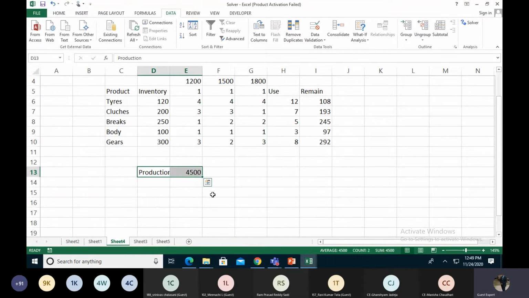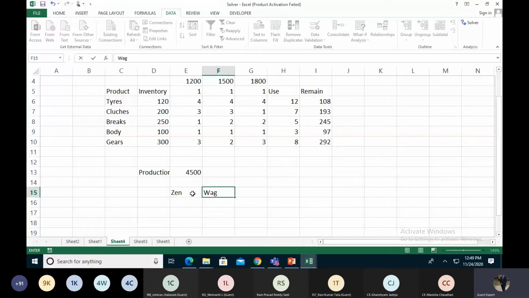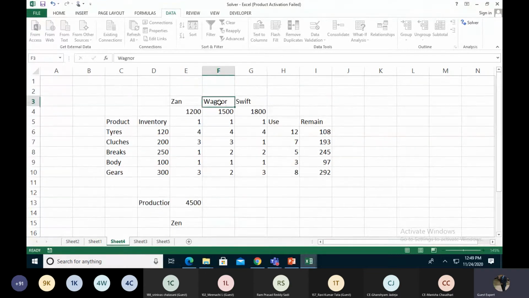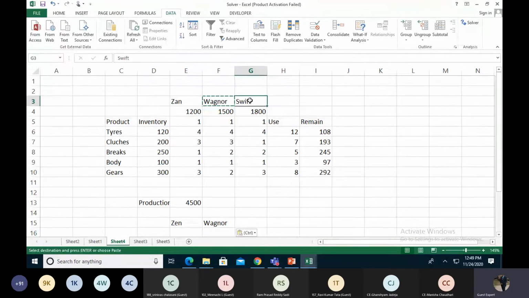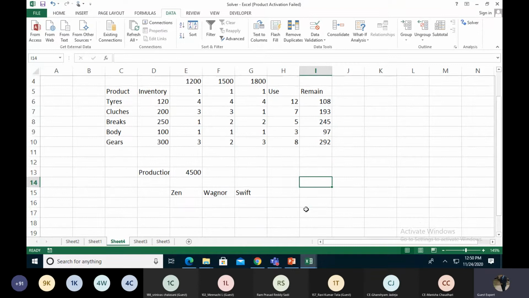That is the maximum production we put over here, and then we take Zen, Wagon R, and Swift. Okay, so first of all, we want to find out how much Zen we can create. So which kind of formula do we use?